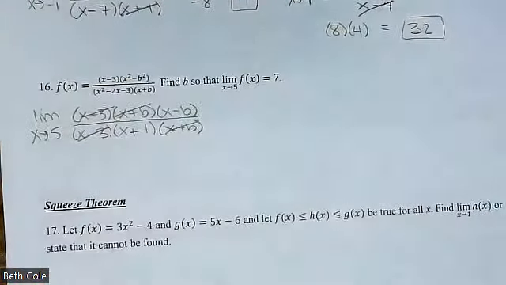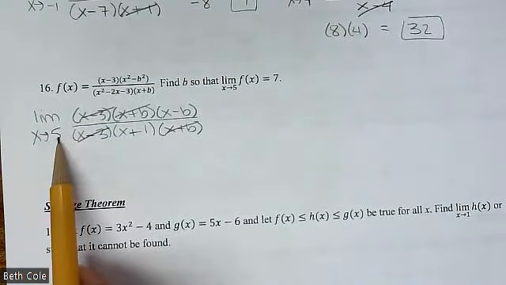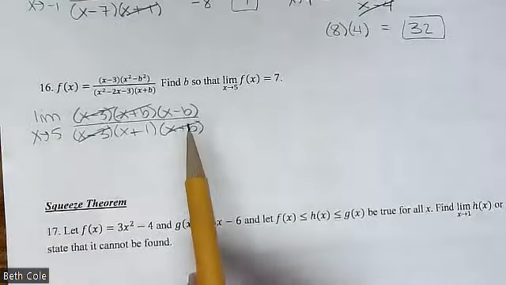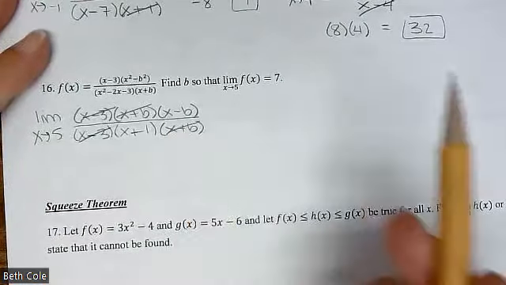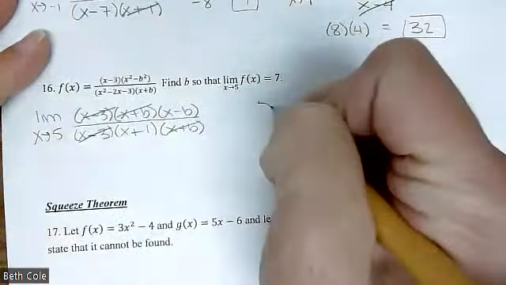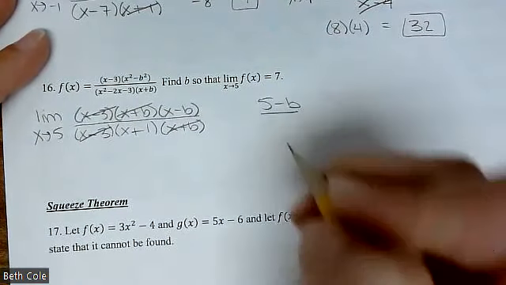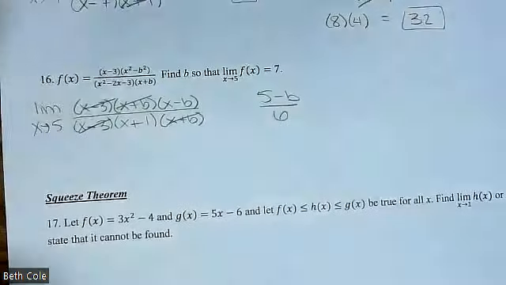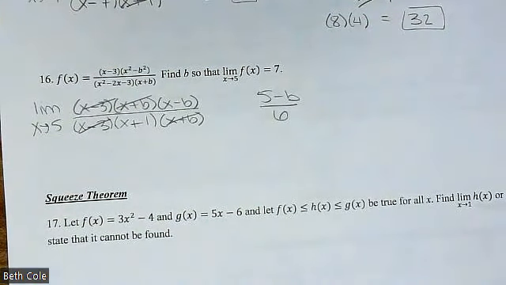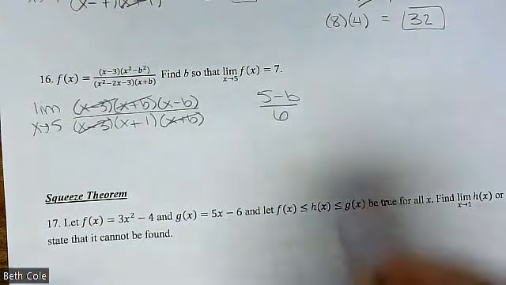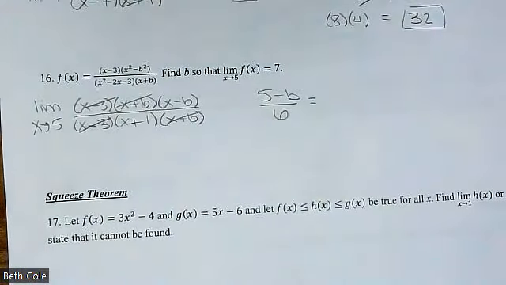Yep, good. So those are all gone. Now don't forget what you're doing though. You now need to plug in 5 for x. So if you plug in 5 for x, that's going to give you 5 minus b and then over 6. Now we need to find b. So I'm going to set this equal to